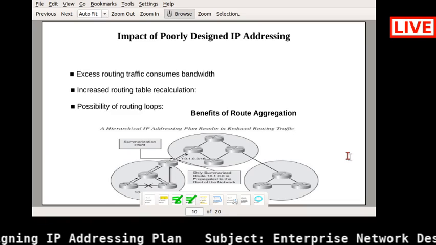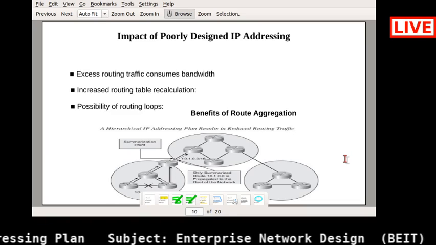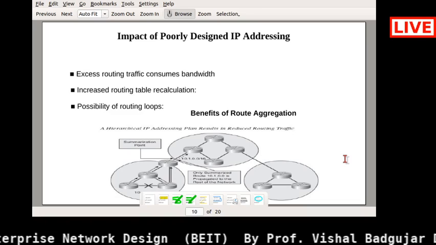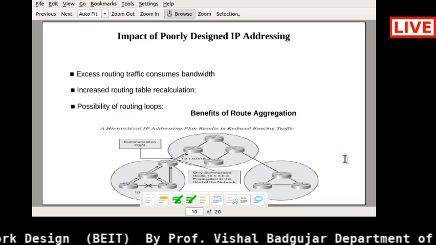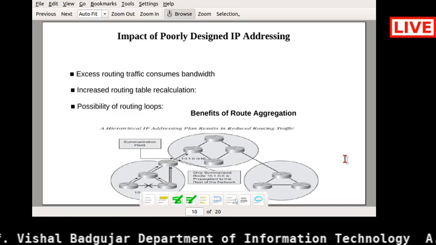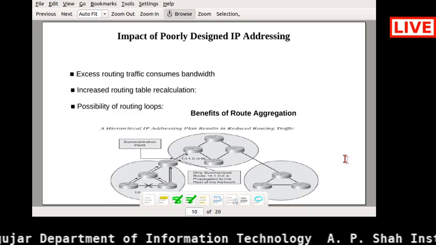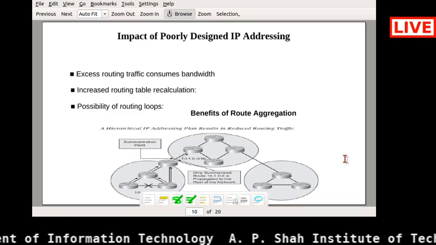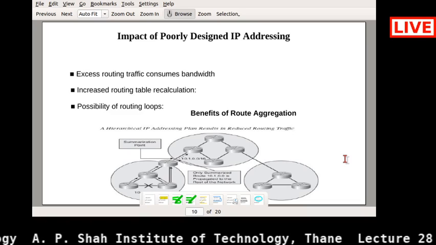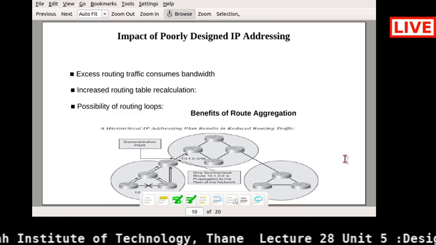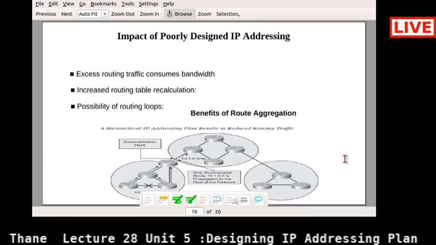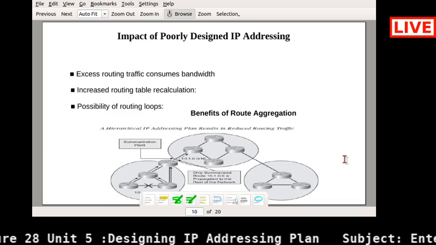And because you are not going to use dynamic routing protocols, you are restricted to static routing and static IP address allocation. That means each and everything you need to do manually, right? So it is not suggested. So if you see the impacts of it,